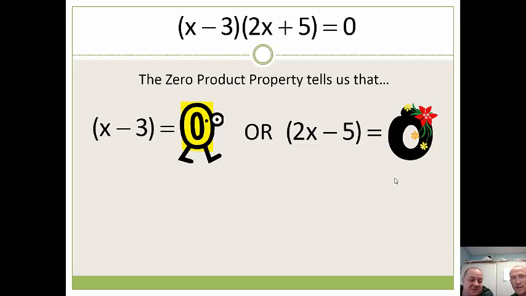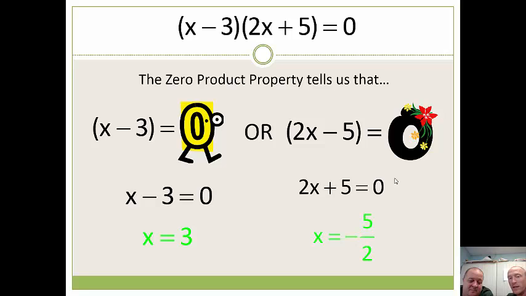The idea is if you multiply a number by 0, you should get 0. And if you multiply 0 by something, you should also get 0. So this is the idea of doing this. For the first one, x minus 3 equals 0, we just add 3 and we get x equals 3. The other one is a two-step equation, which you should now be familiar with after the last couple lessons. We would subtract 5, divide by 2, and get negative 5 halves,